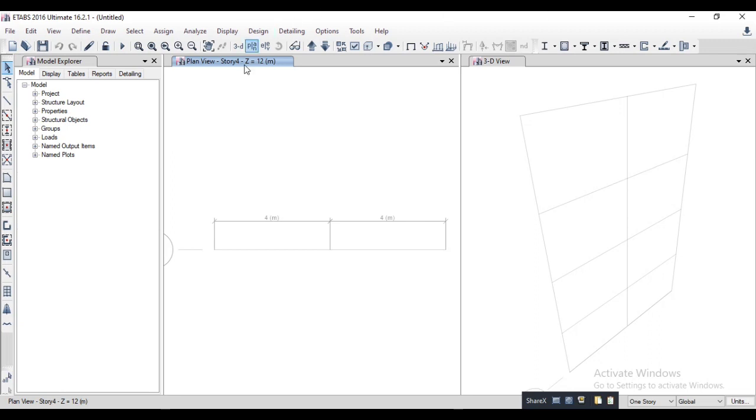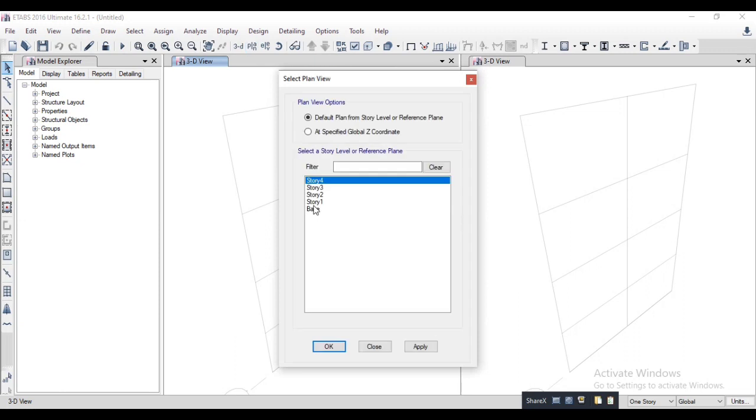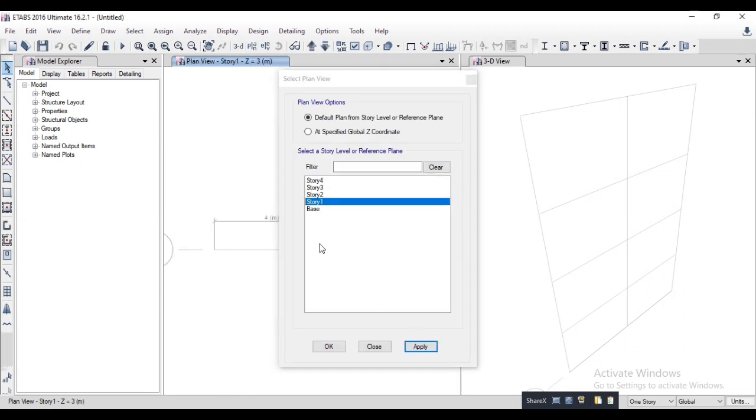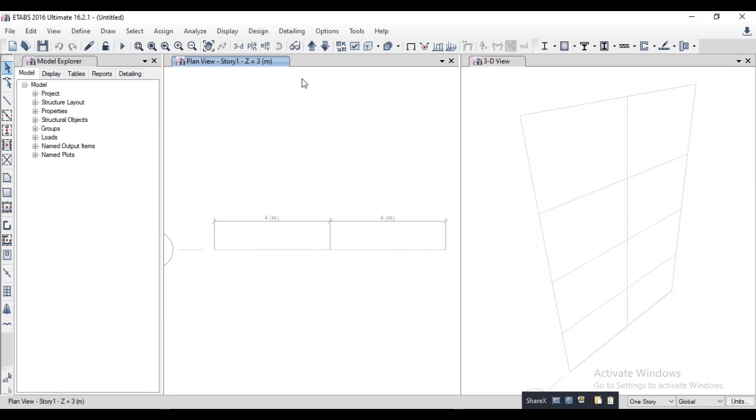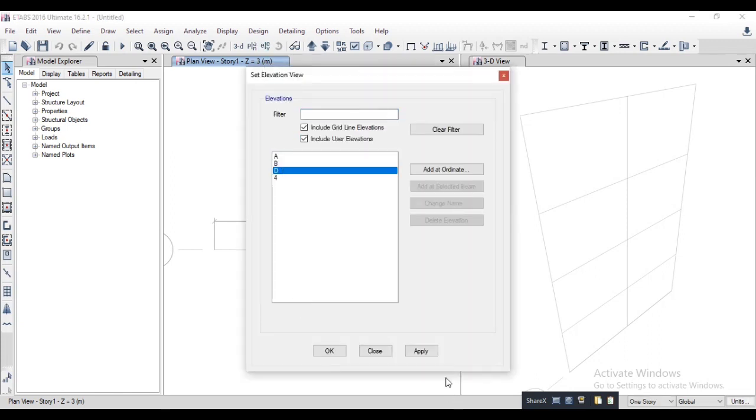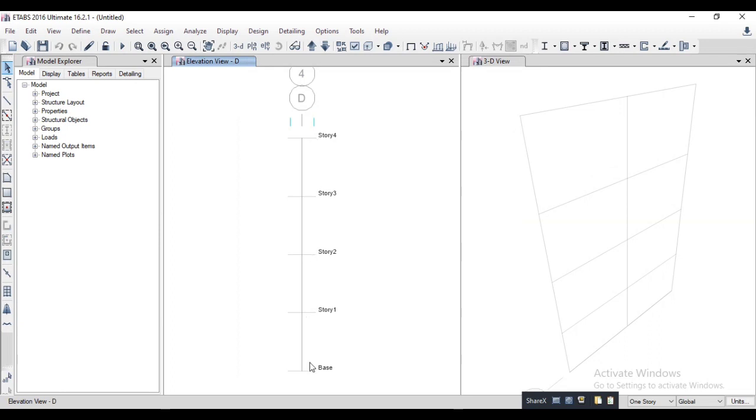You can see the plan by using three tools. If you want to see your elevation or 3D plan, then you can choose 3D. If you want to see your plan in 2D, then choose any one and go to Apply. You can see it here and you can see your elevation here, then choose any one. You can see this is the elevation view. This window is the same, this is also the same. You can use any one of them at the same time.